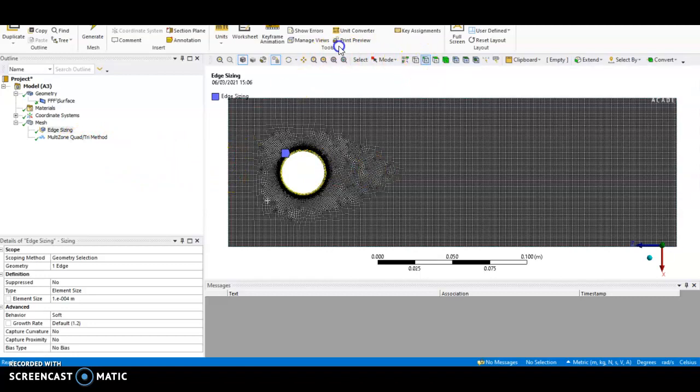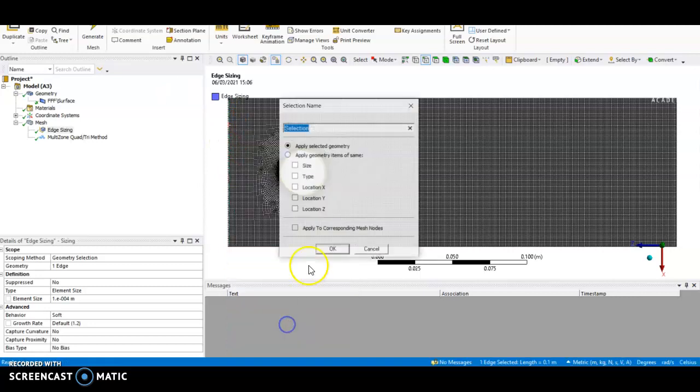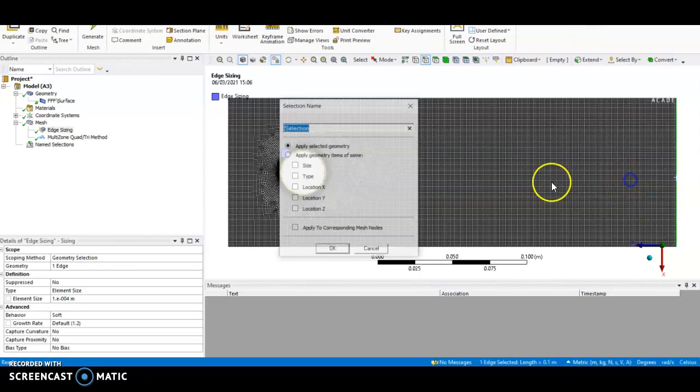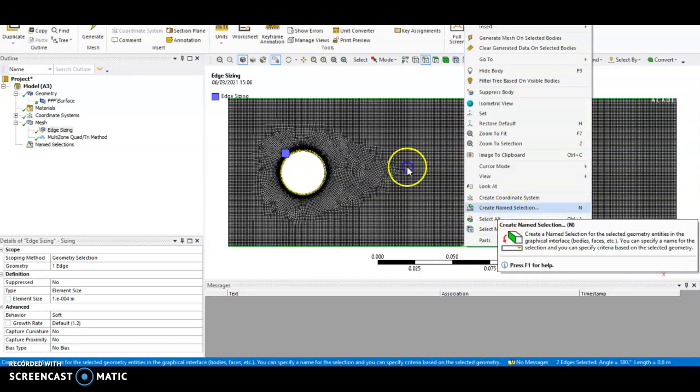So we're going to click on edges. Click on here, that's our inlet, and right click. So you're going to click on there first, then right click on it and then create name selection, and then you're going to go on inlet, enter, and you're going to click on here, and then right click and click on create name selection, you're going to click on outlet,